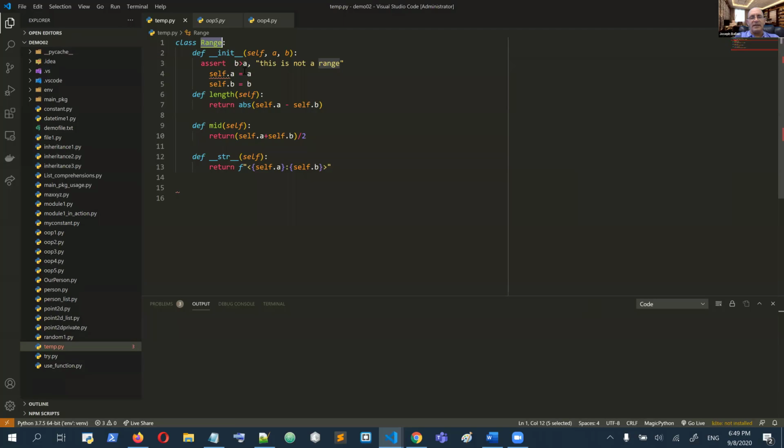that A is less than B. So I can say assert at the initialization point, at the constructor: before you continue, check and be sure that B is greater than A. If A is not greater than B, then you break the process and prevent me from seeing the next instruction